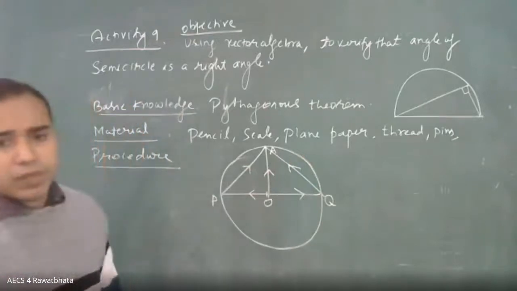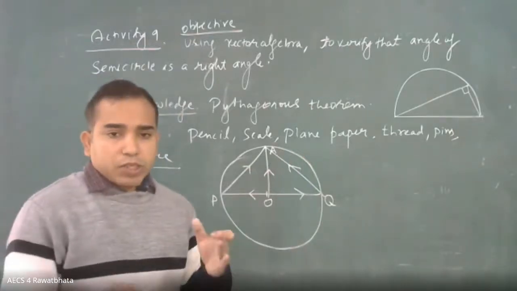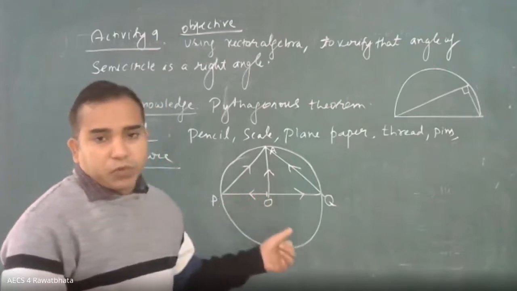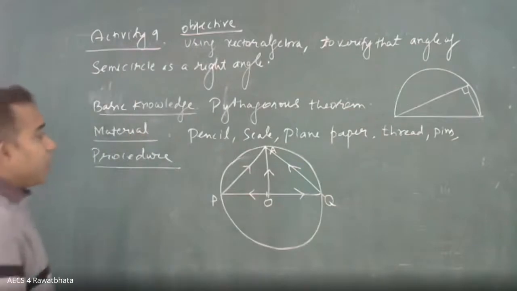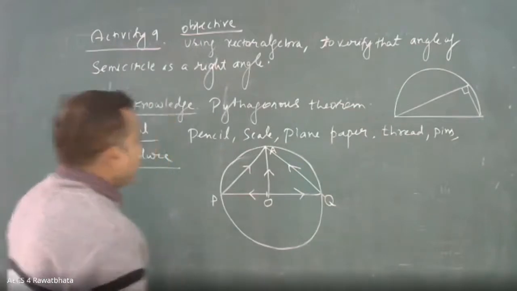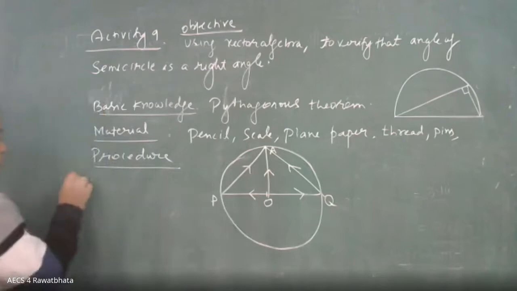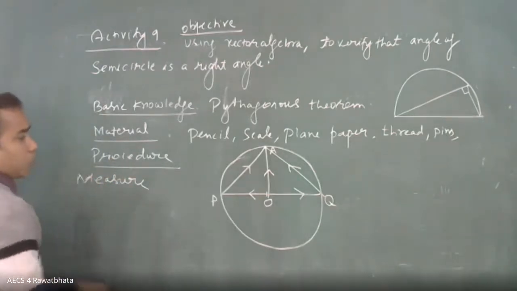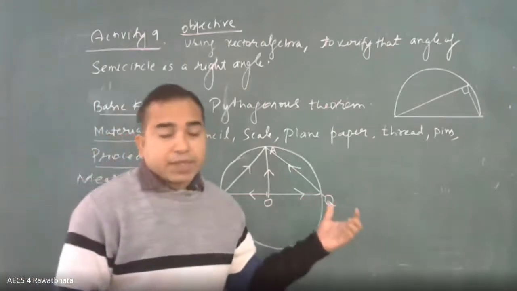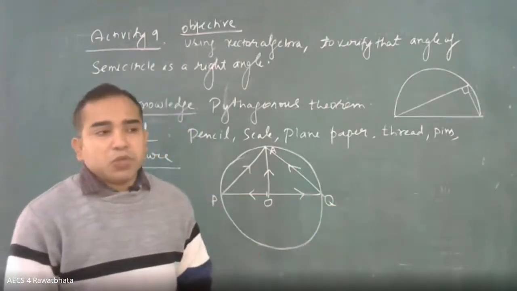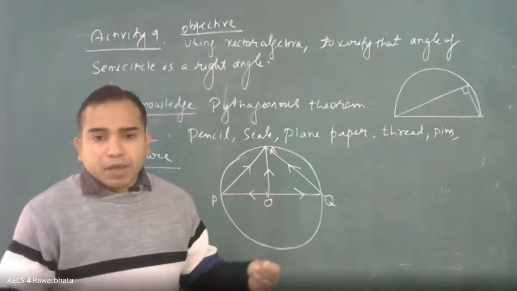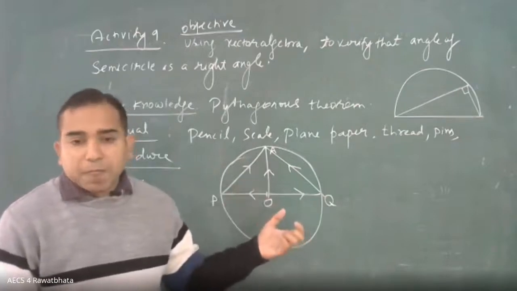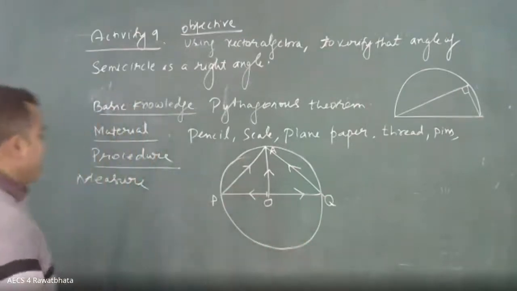Direction you can keep anything, because we will verify by measuring their sides, so direction will have no role here. You can keep O to P or P to O, doesn't matter. Okay. Then you measure this by scale. The radius of the circle, that also you take suitable. It should not be too large so that you have to take a big scale instead of a small scale, or it should not be too small also, right? It should be appropriate. Then measure.